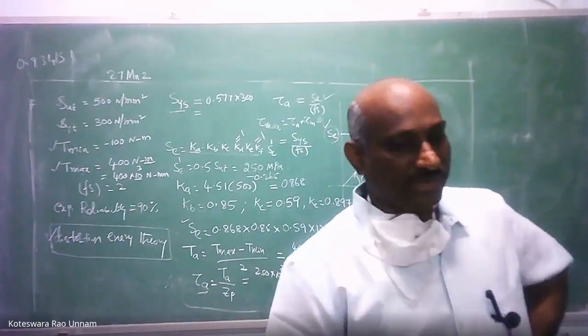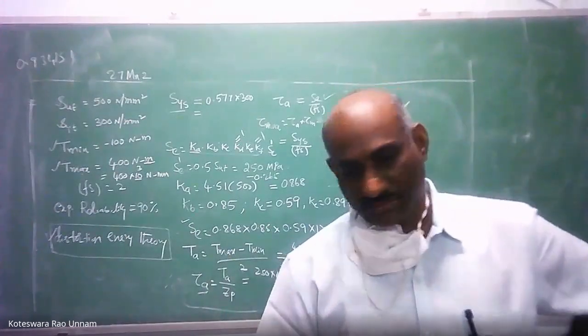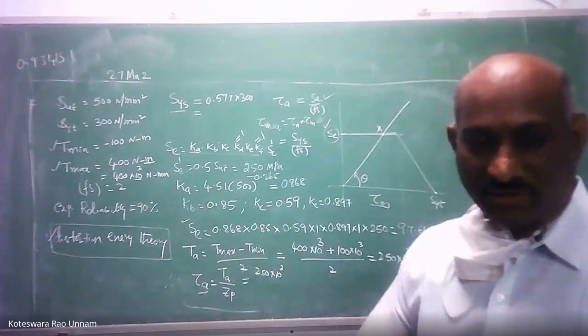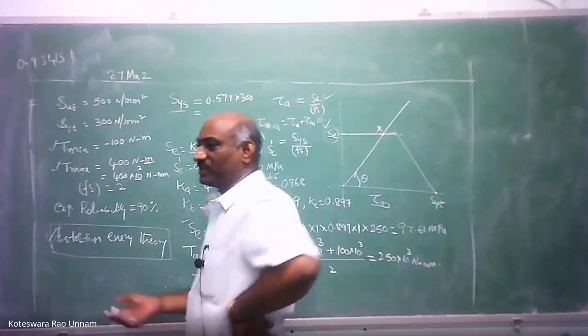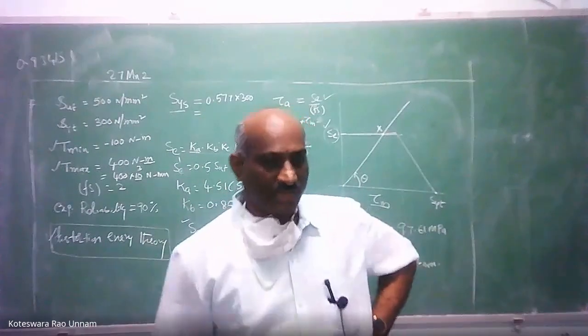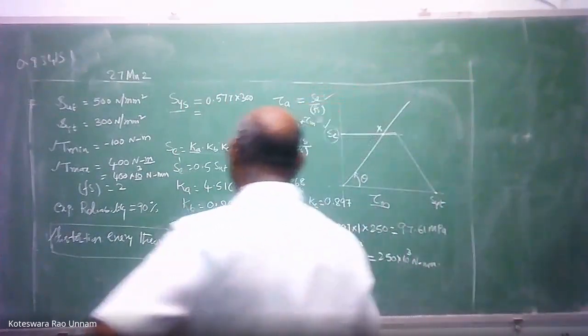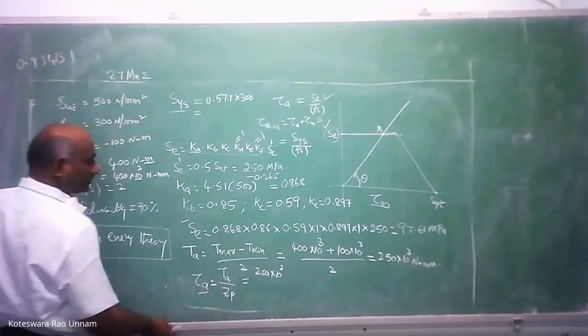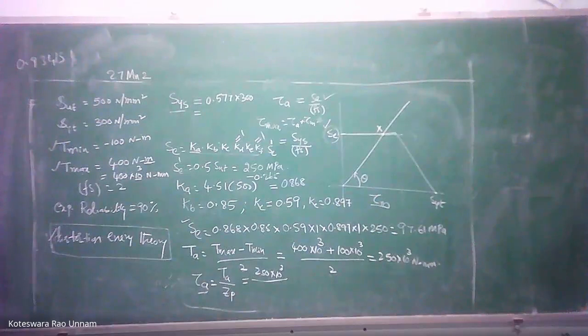In this problem, since there is no stress concentration, your Kf is equal to 1. That's it. Or your q is 0, meaning there is no notch. If the notch sensitivity q is 0, your Kf will become only 1. So we'll use the same thing here, and that's why I'm not going to use any stress concentration factor in this problem. So clearly you mentioned that there is no stress concentration in the